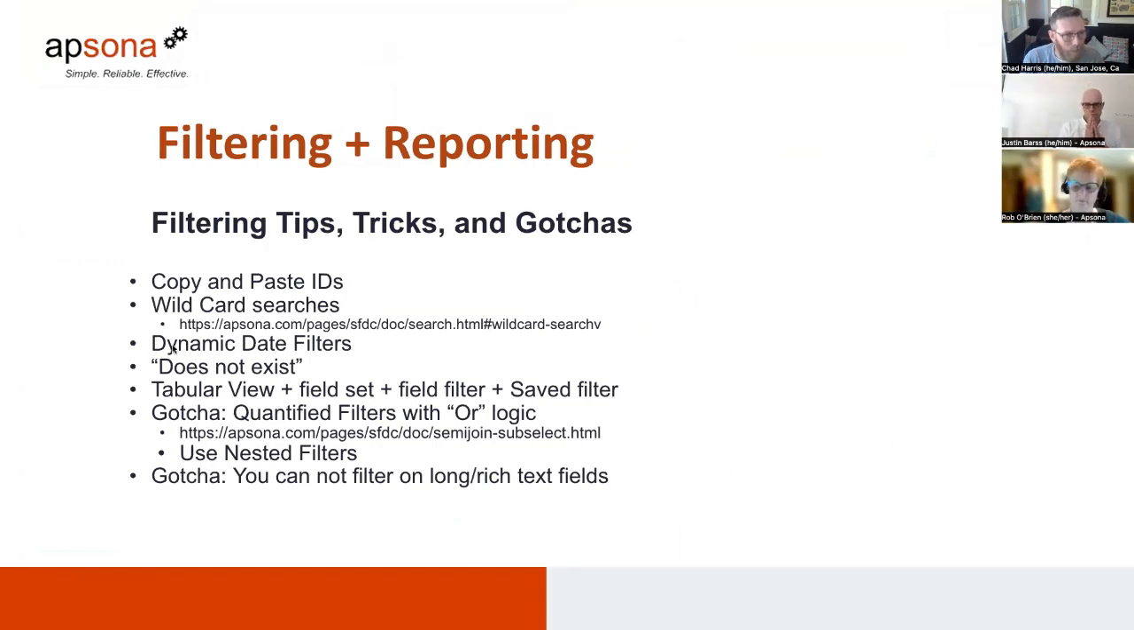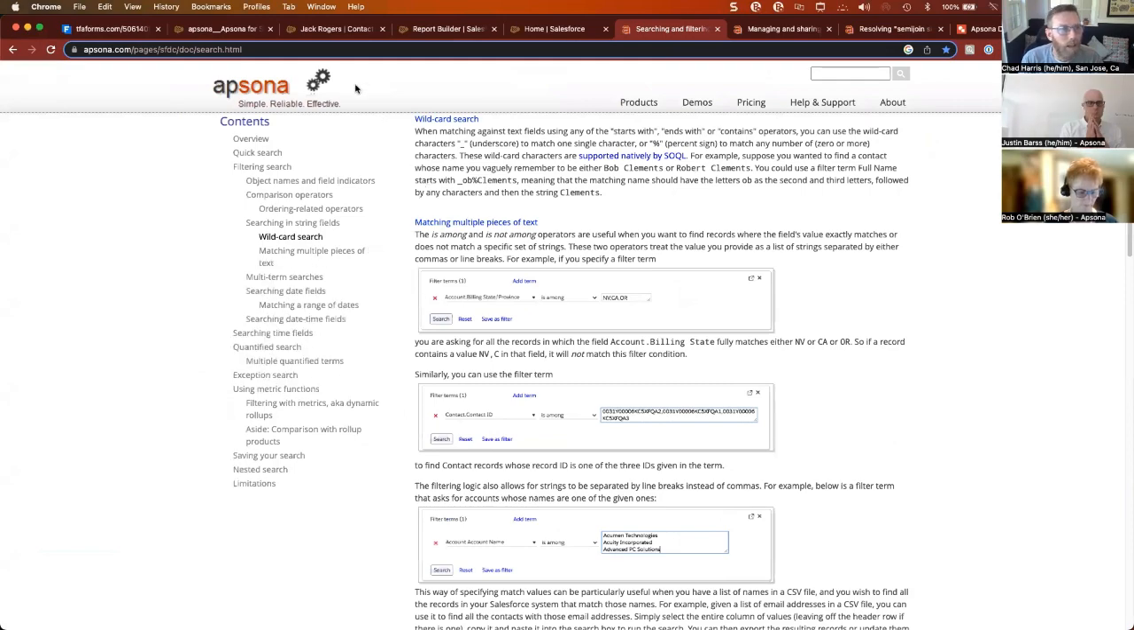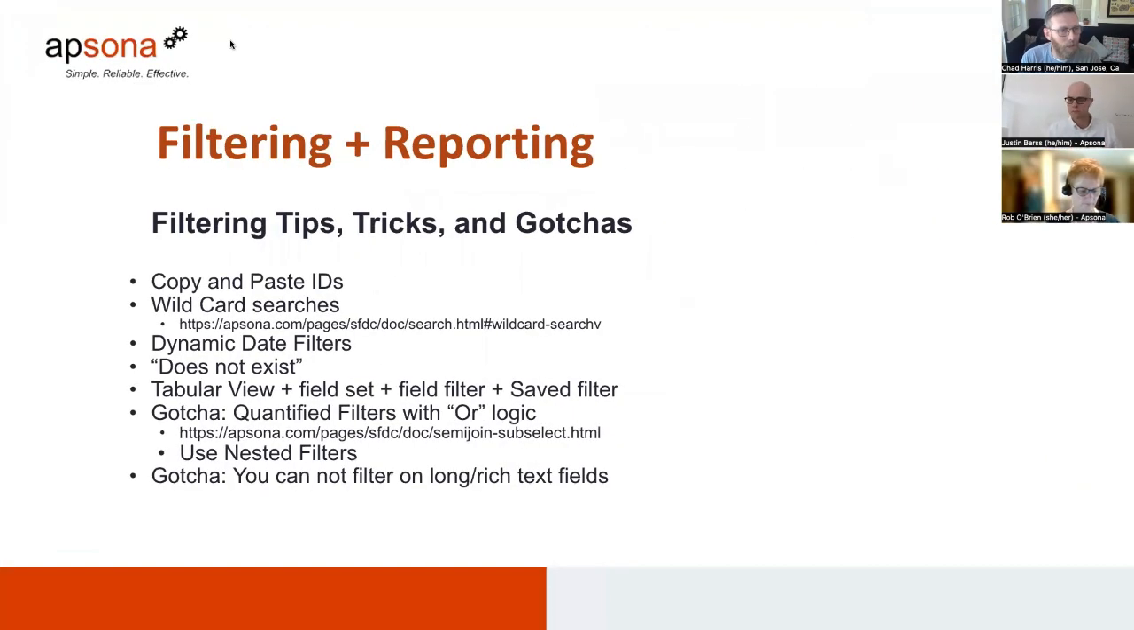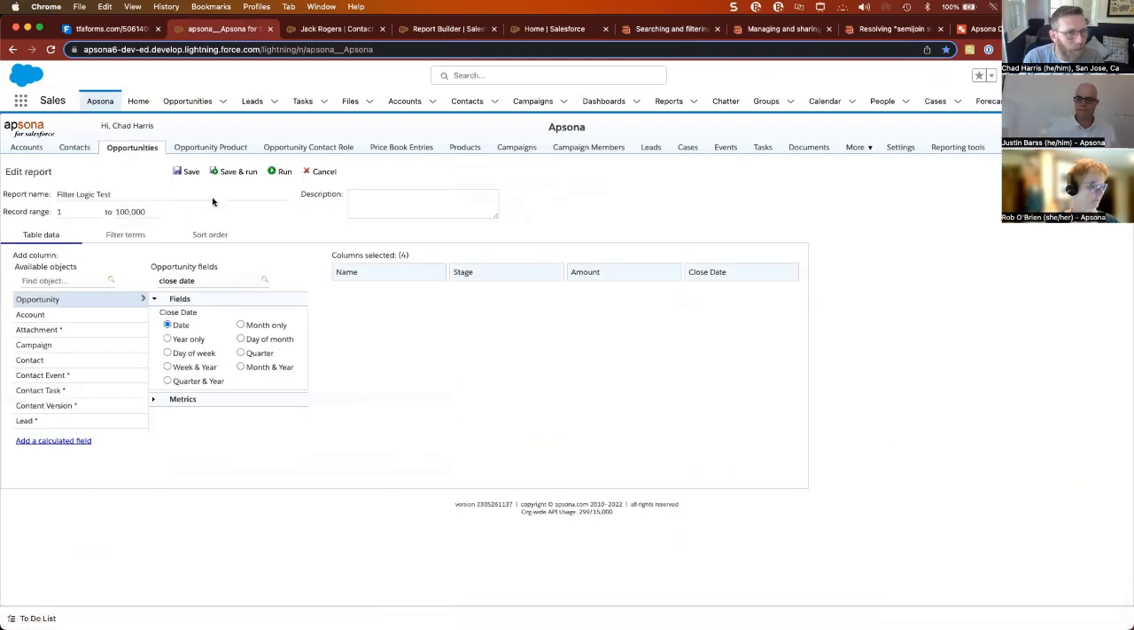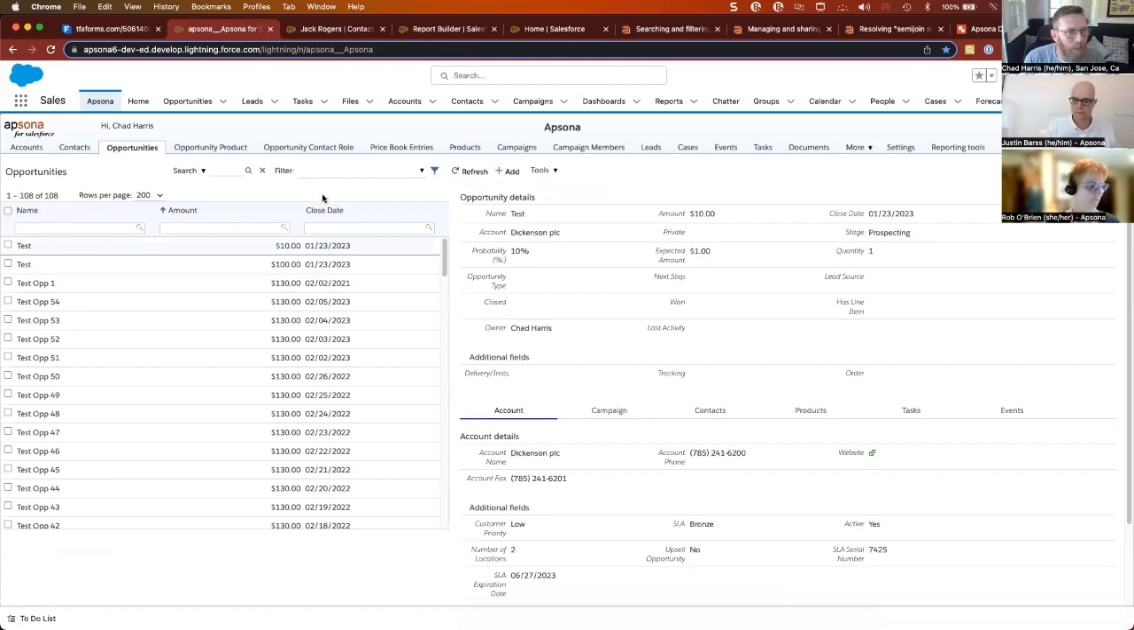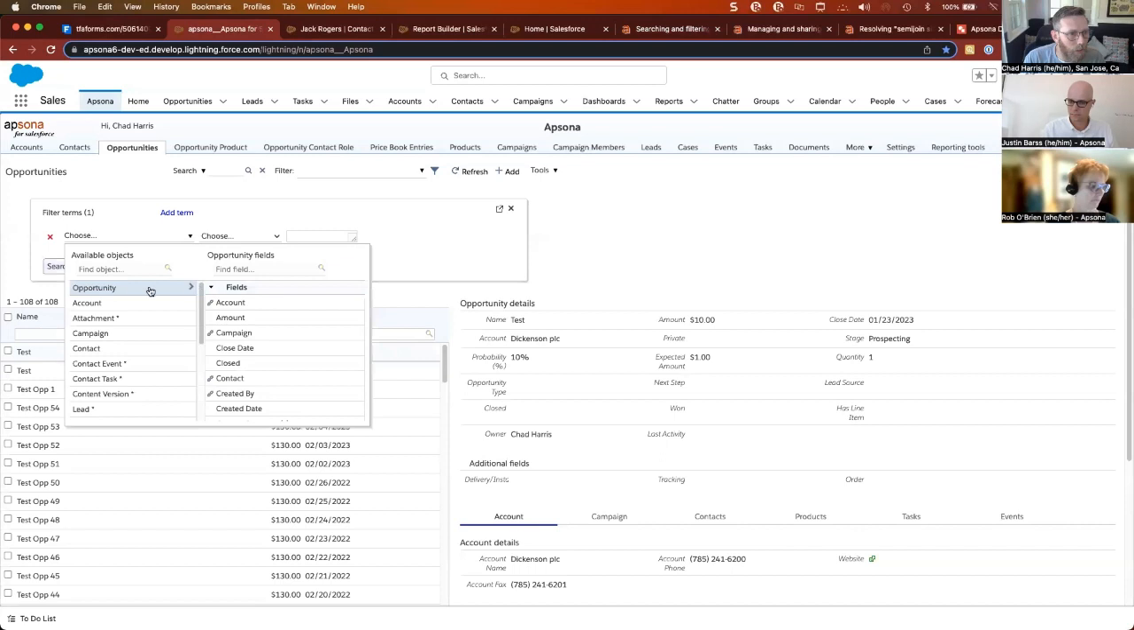I will talk very quickly about dynamic date filters. And then I think we're going to be close to the point where we can switch over to Q&A. So let's just really quickly look at some date filters here. We'll go to opportunity, and I'm going to get out of reports and go back to all opportunities here. So if I wanted to search on close date,